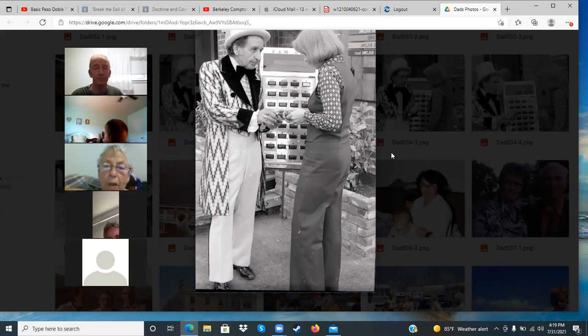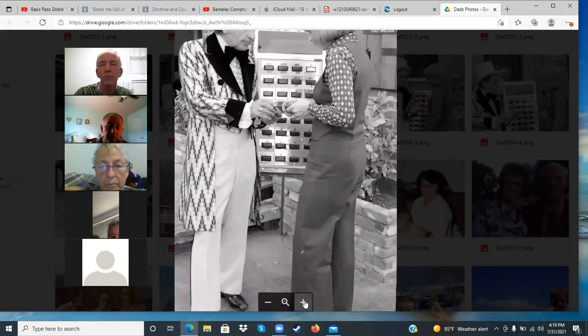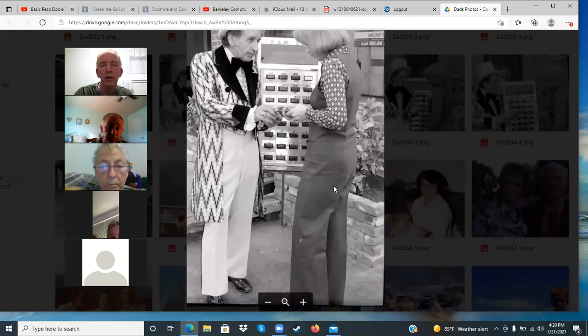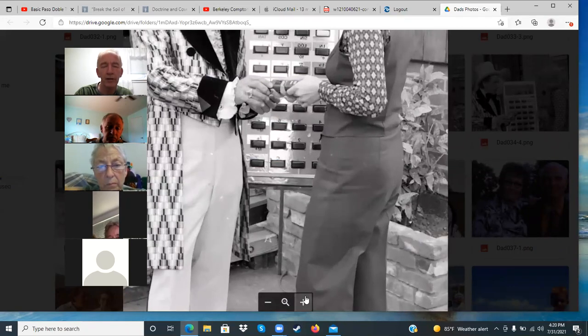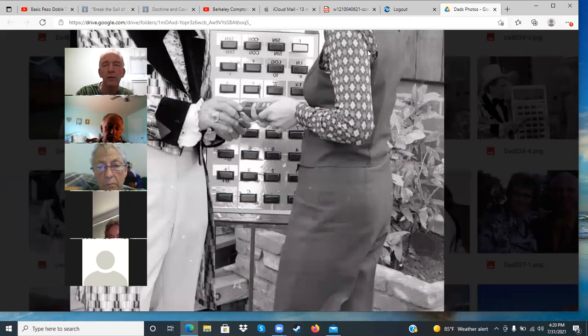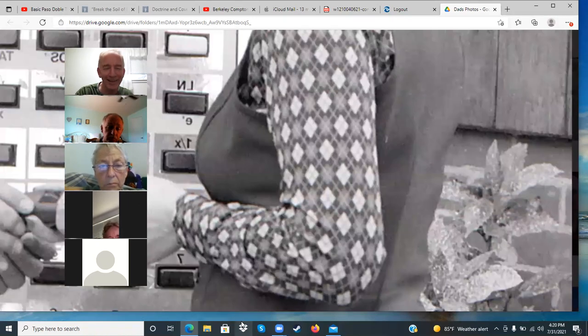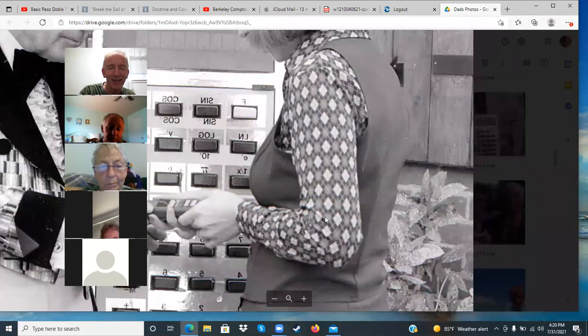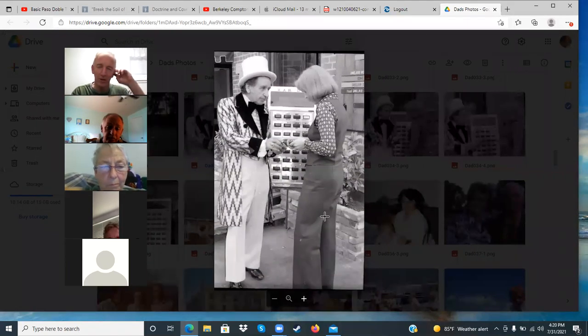Can you read the sign up there on the right corner? Oh, no. Sorry, I want to try to zoom in up there. Well, that didn't work. Well, anyway, he was the magic grandpa. Well, look at that elbow. Oh, you know what? This picture is flipped. It needs to be flipped the other way.